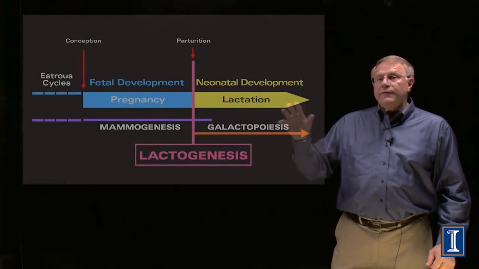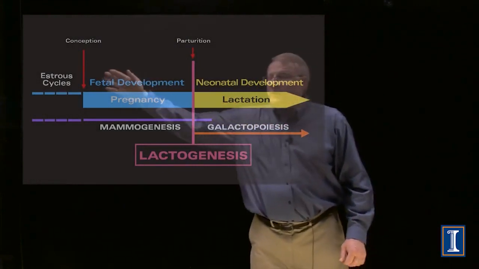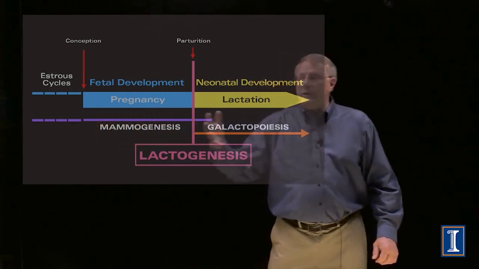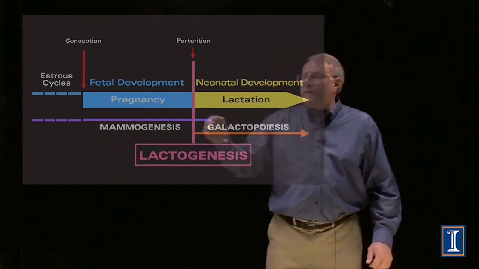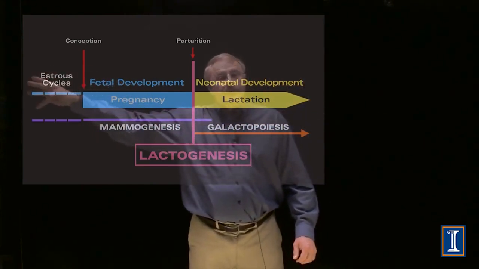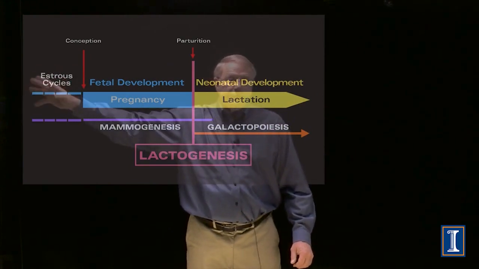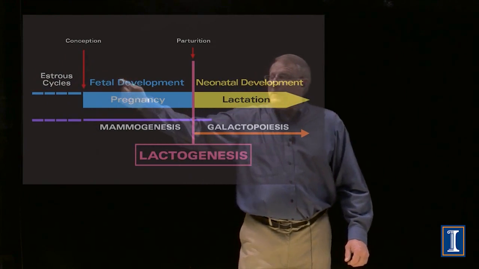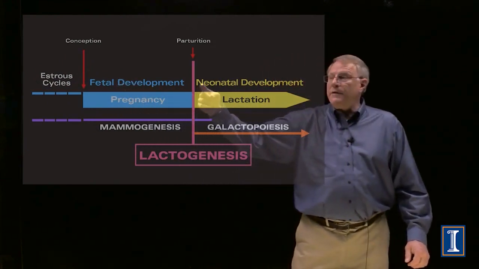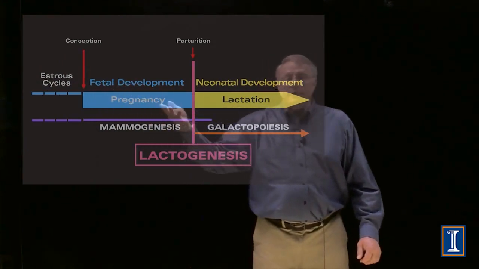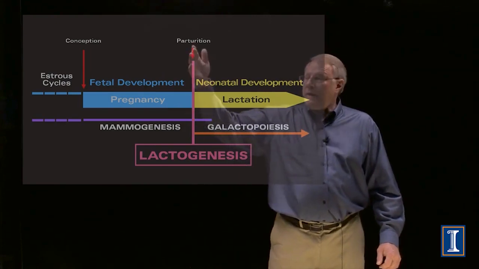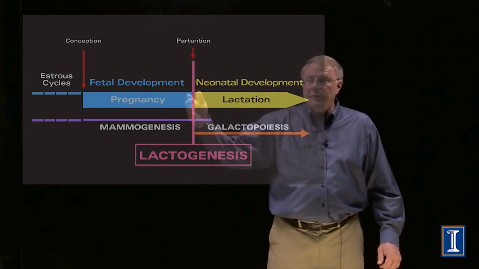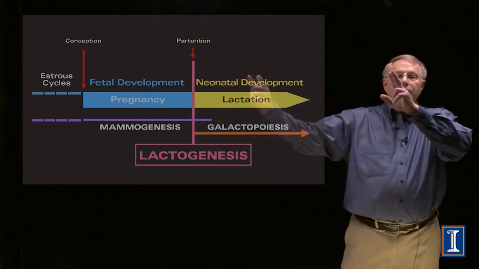So to remind you of some of the relationship between what's happening in the reproductive part of the animal versus the mammary part of the animal, look at these lines down at the bottom here. The animal during the postpubertal period is going through estrous cycles. We just talked about that in the previous video. She conceives. The fetus is developing during pregnancy, and then parturition, or going through labor, the young is born, and we have this neonatal development.